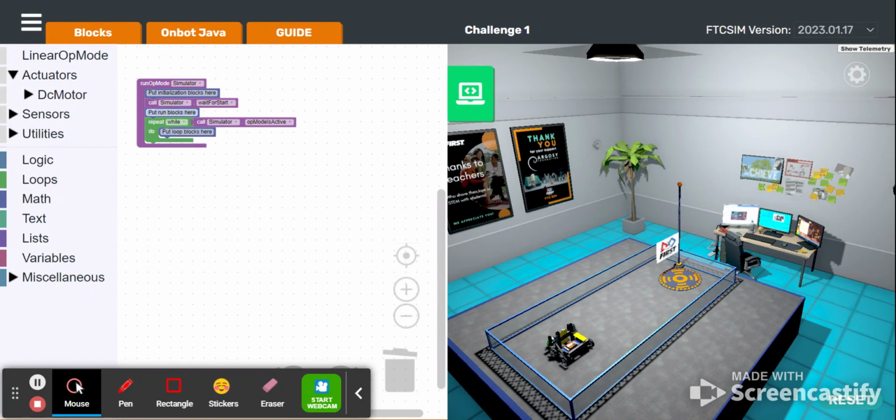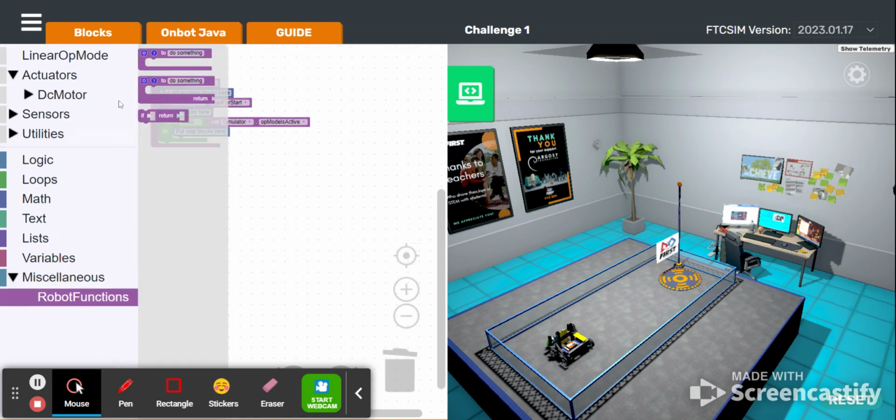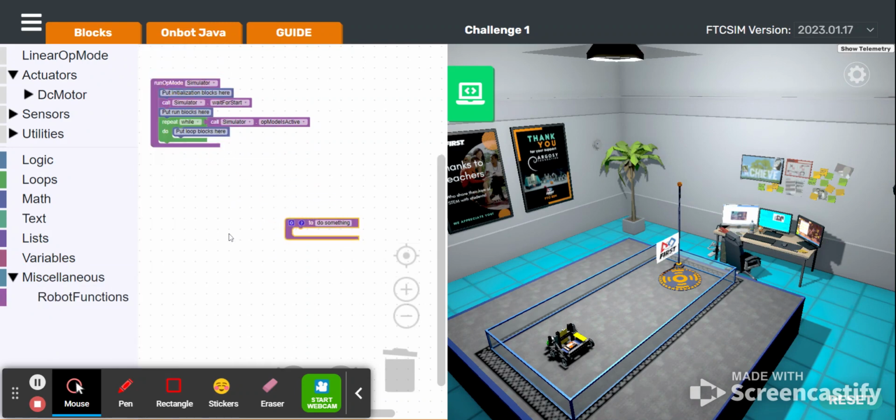All right. So we're using dead reckoning as our strategy. And what we're going to do is really easy. I'm going to create what's called a function that's going to do the work for me. Now, the very first thing I want to do is create